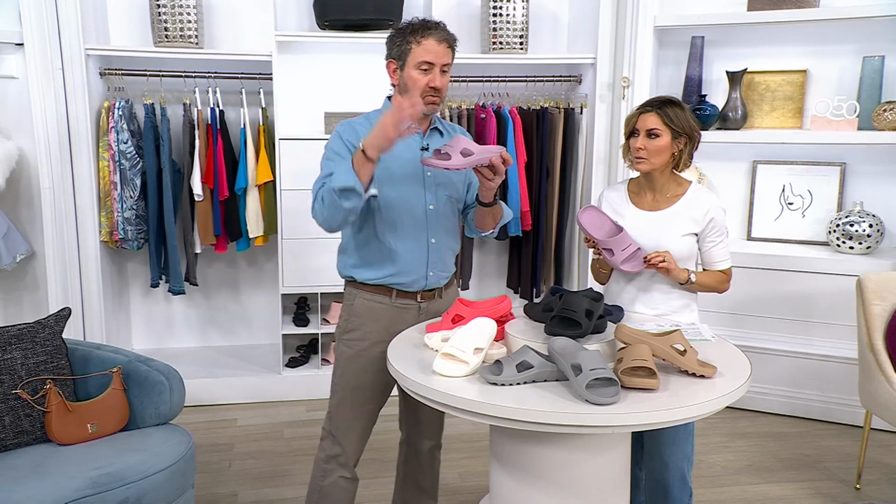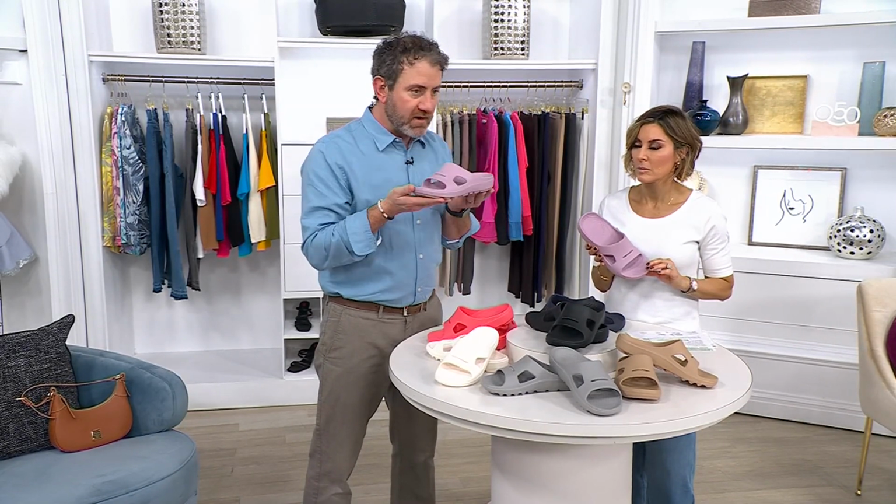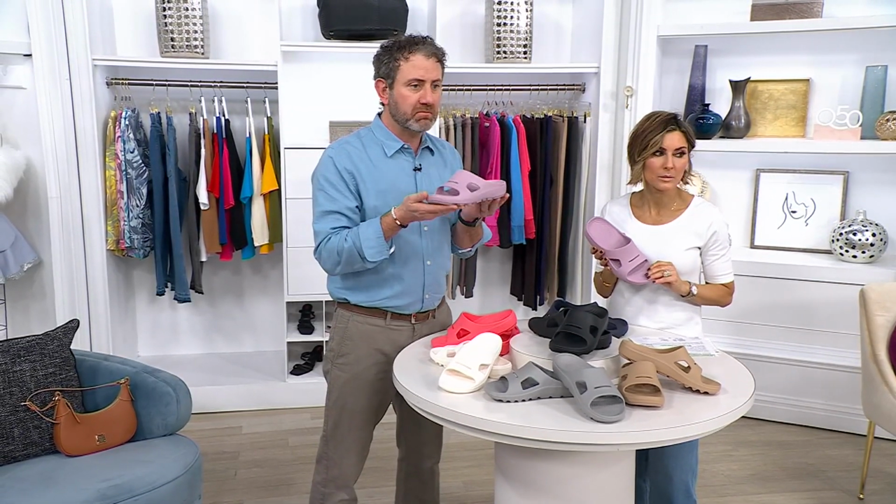Wow. Then you take that support and you throw it on a level bed of EVA, right? Yeah. Compression molded EVA